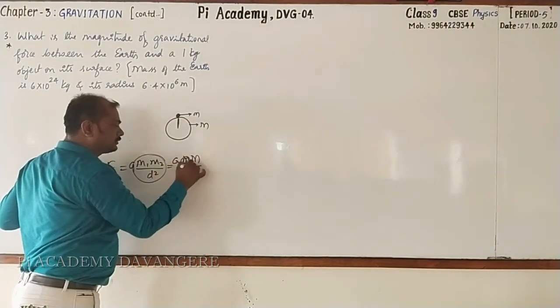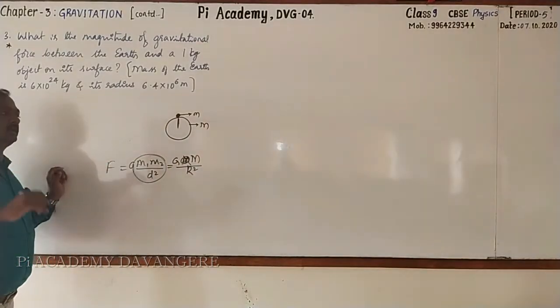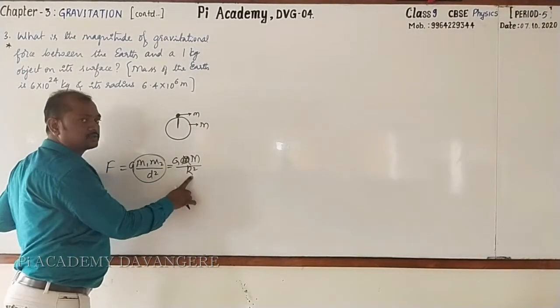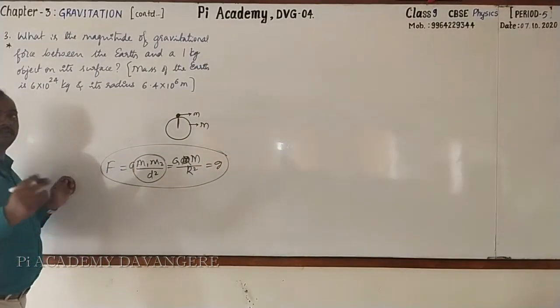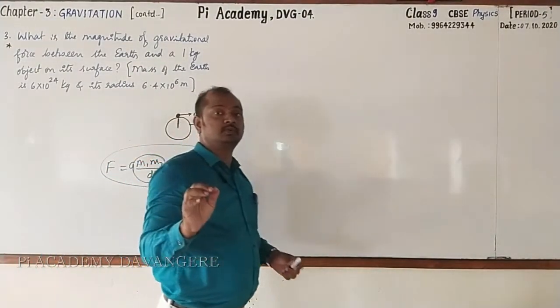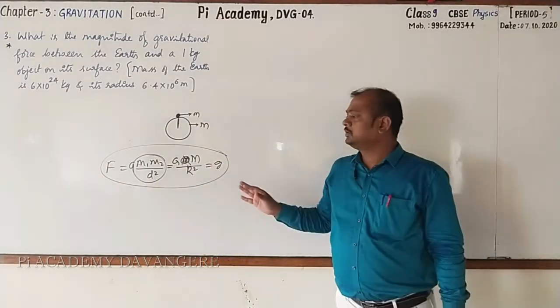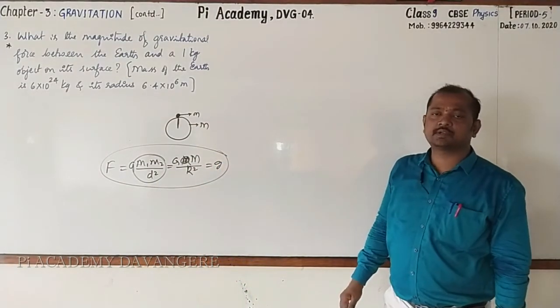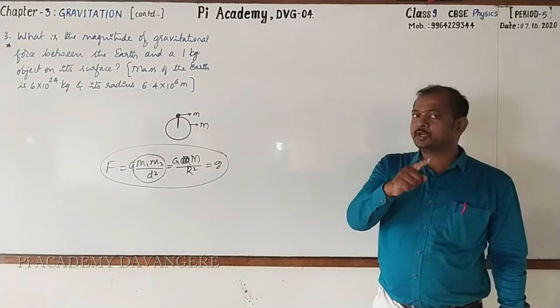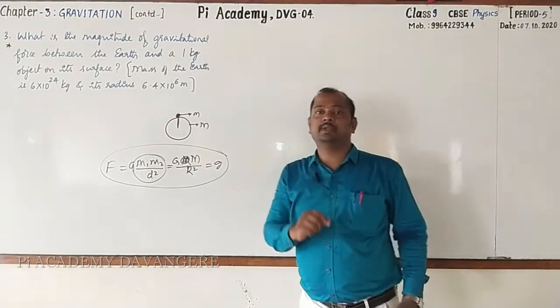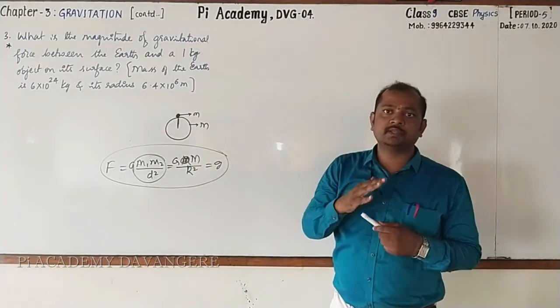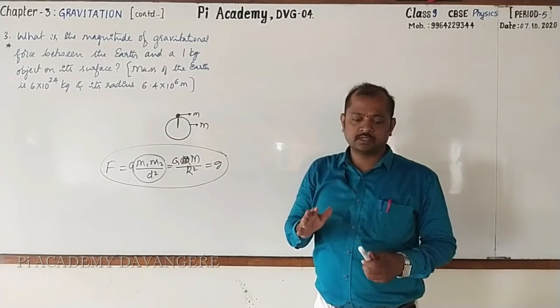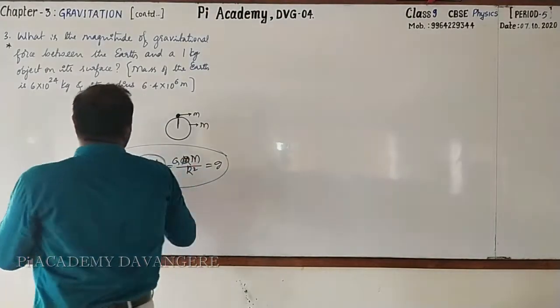See that the mass of the object is 1 kg. Remaining is GM by r square. What is GM by r square? It is nothing but small g, which is acceleration due to gravity. Followed? Then what is acceleration due to gravity on the surface of the earth? Very good. It is 9.8 meter per second square. So on calculation, our answer should also be the same. Got it? Yes. Let's go for calculating.